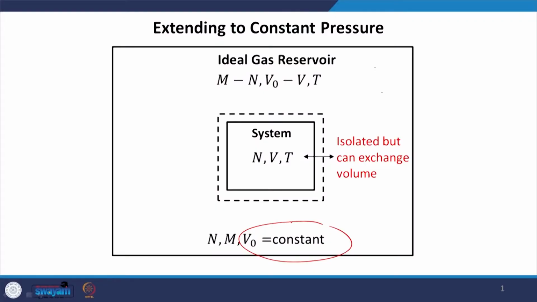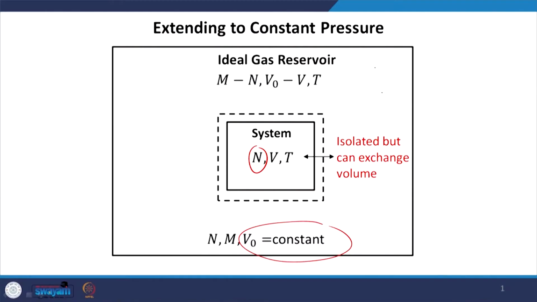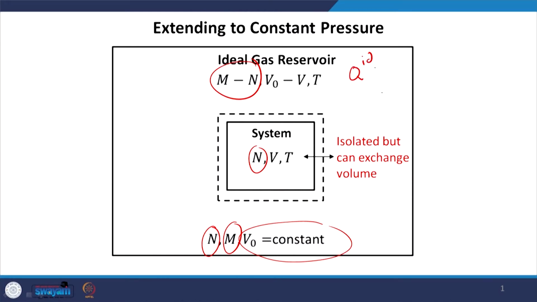So in total the volume of the system plus reservoir is constant, that is the V naught in here, and the number of molecules in the system and the reservoir are also constant, that is the N and M minus N here, or N and M are constant, but the volume of the system can change. And the reason why we started with this kind of prescription is because in the NPT ensemble the volume of the system can change, the N and T are constant anyway, and we know the partition function